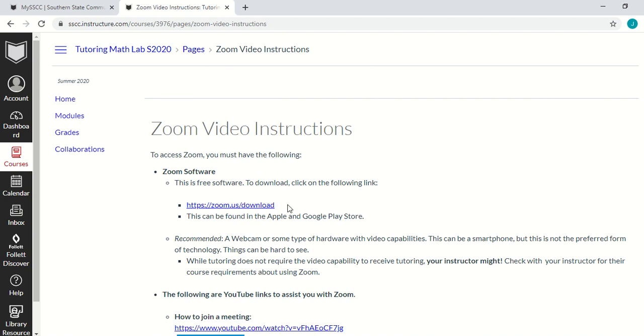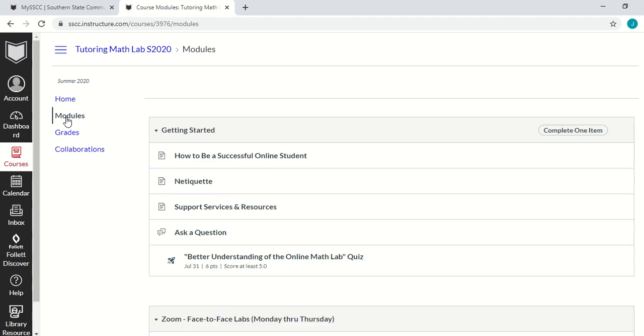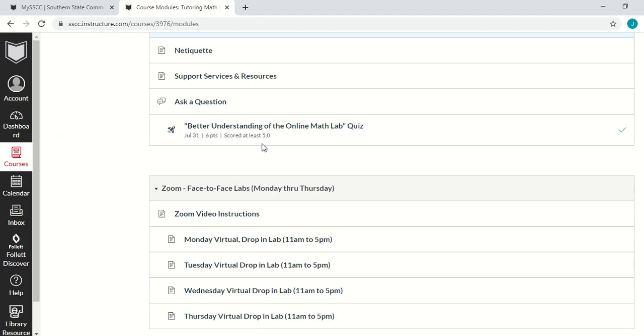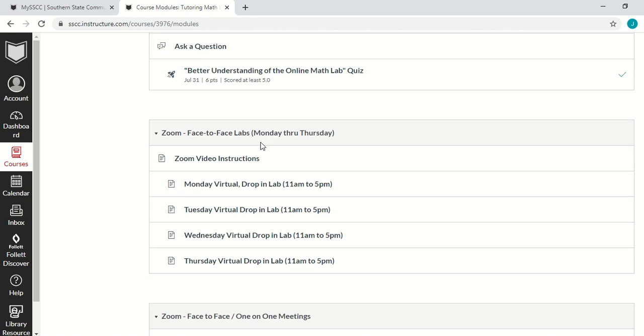Now, the third version of online tutoring, and this is only math. Writing has the one-on-one virtual through Zoom and the uploaded paper. I'll be honest, with the writing, the uploaded paper tends to be the most popular. But with the math, most people do like to be able to discuss it. So we offer